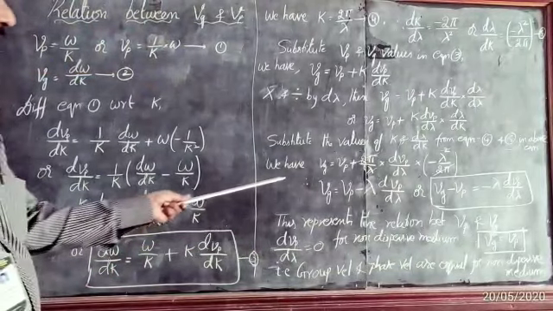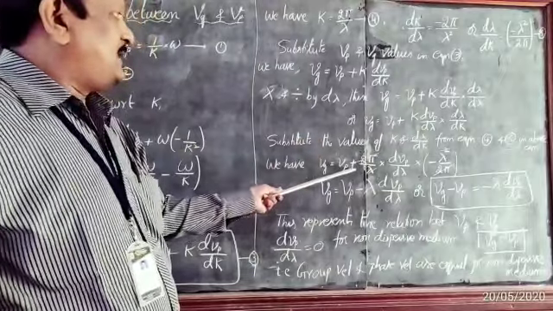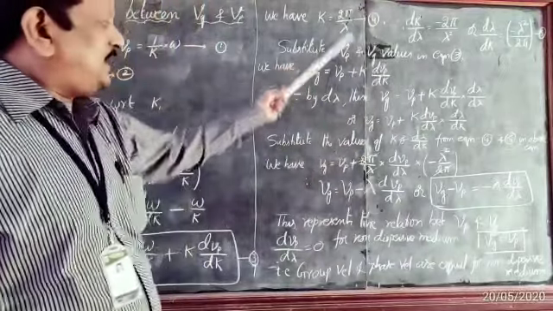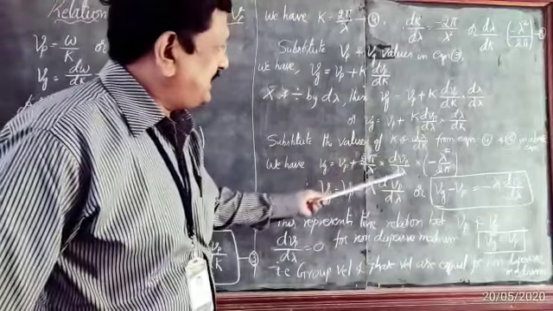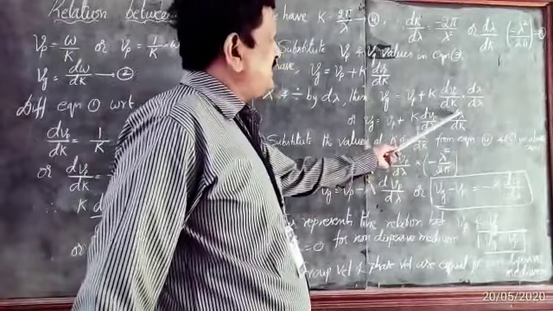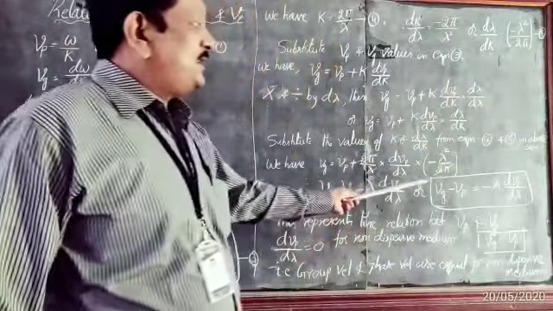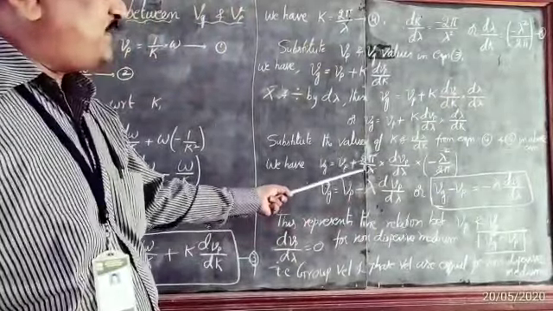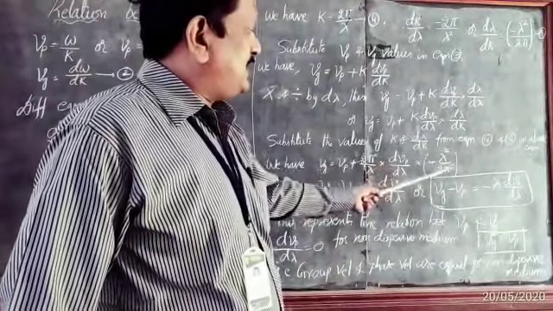We have Vg is equal to Vp plus, in place of k, I am going to substitute 2 pi by lambda into dVp by d lambda into d lambda by dk. From equation 5, it is minus lambda square by 2 pi. I substituted here. That means Vg is equal to Vp plus 2 pi by lambda into dVp by d lambda into minus lambda square divided by 2 pi.